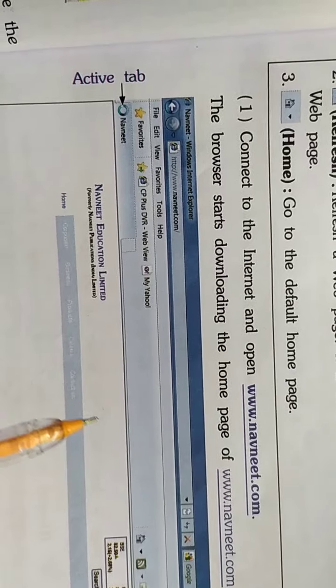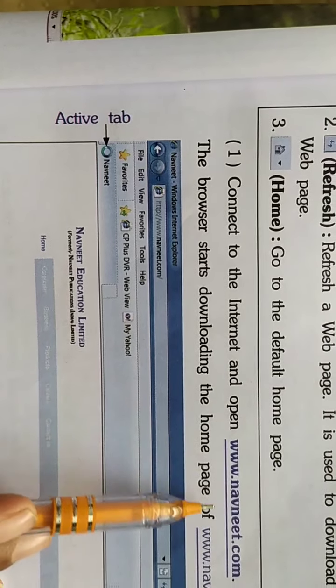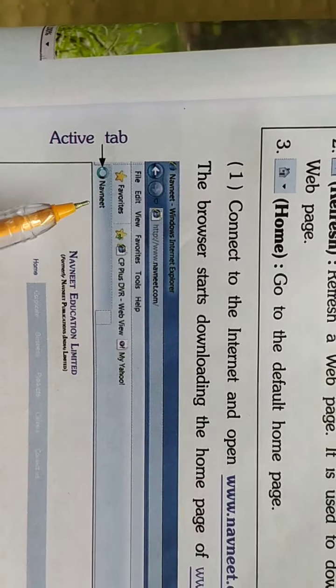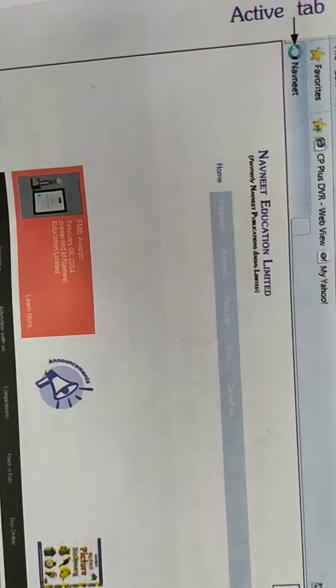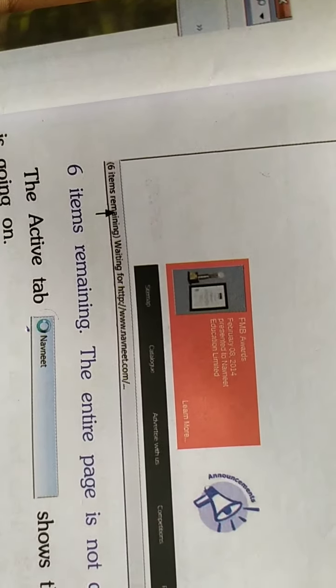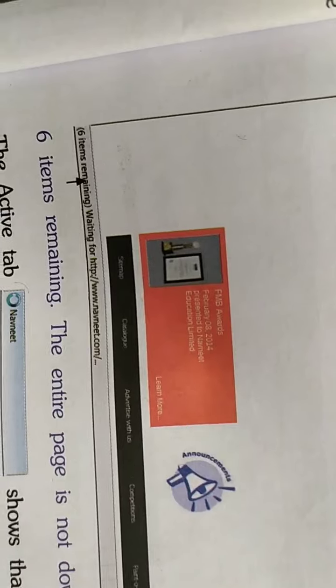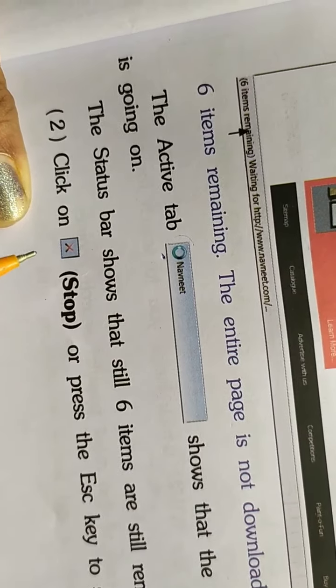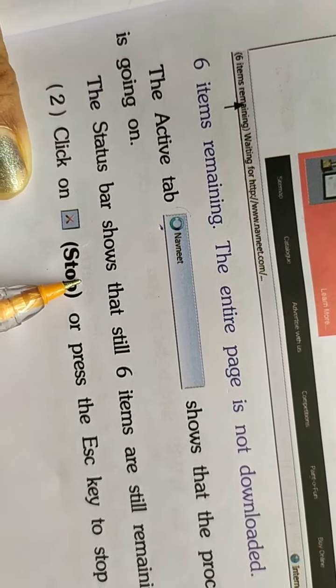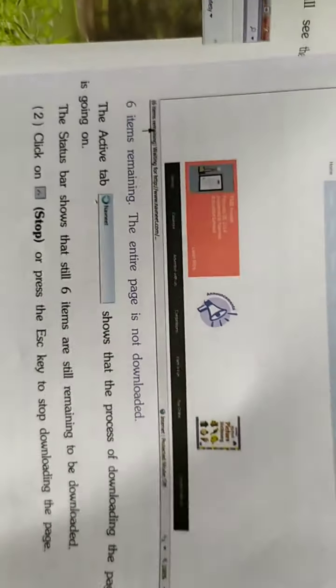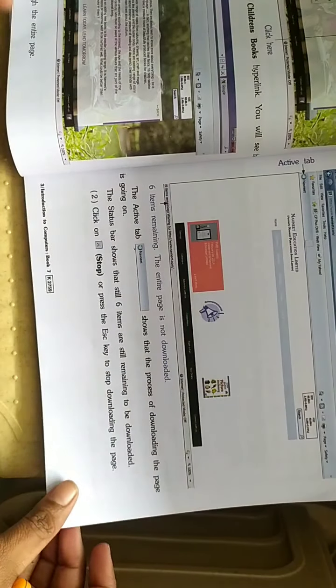Again, here is how to open your website. First you have to write the address, then the active tab. So the process is going on. And 6 items remaining. You see the 6 items remaining. That means your processing is going on. If you want to stop, here your work is stopped and downloading stops.